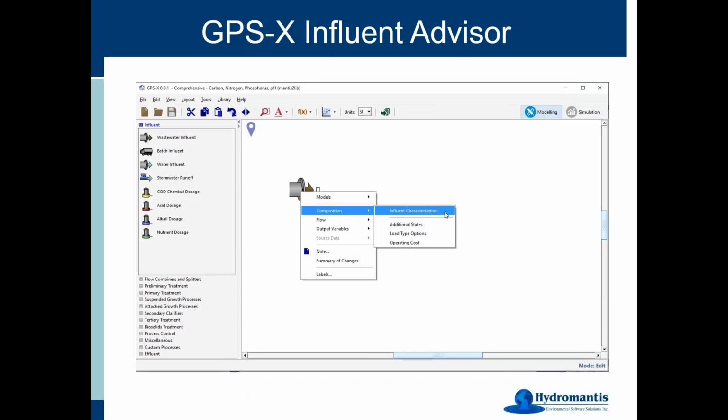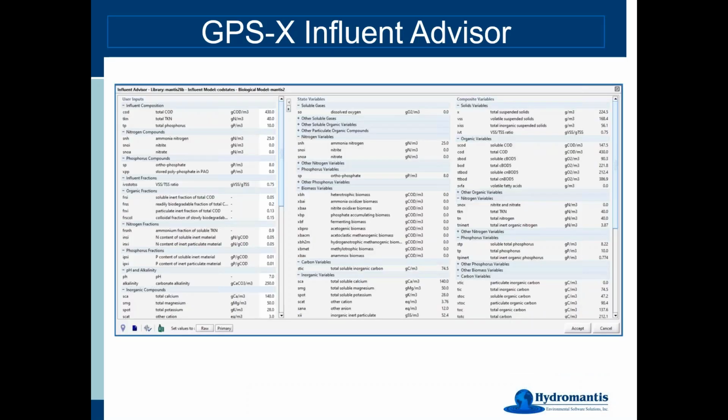In the influent model, influent object, if you right click and go to the composition menu, meaning what are my calculations or concentrations and so on, then go to the Influent Characterization menu. When you pop that up, you will get something that's different than all of the other menus in GPS-X. You will get this thing. And so it's basically